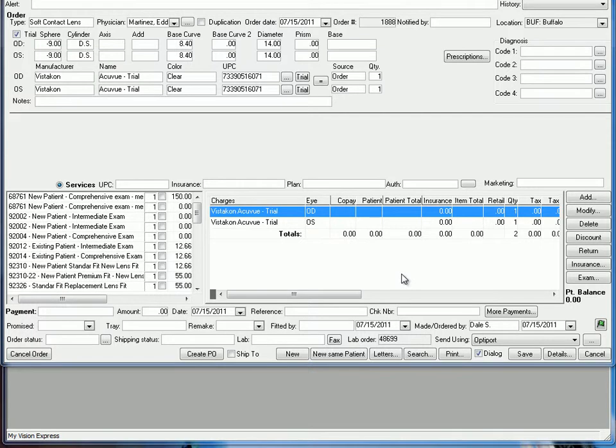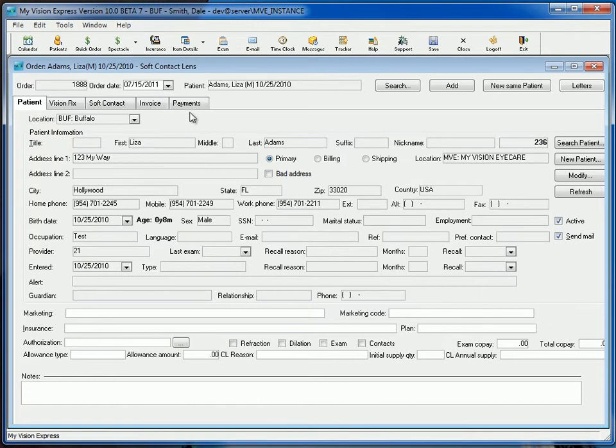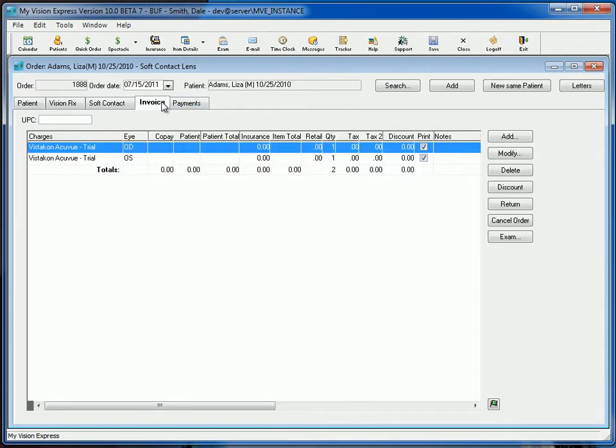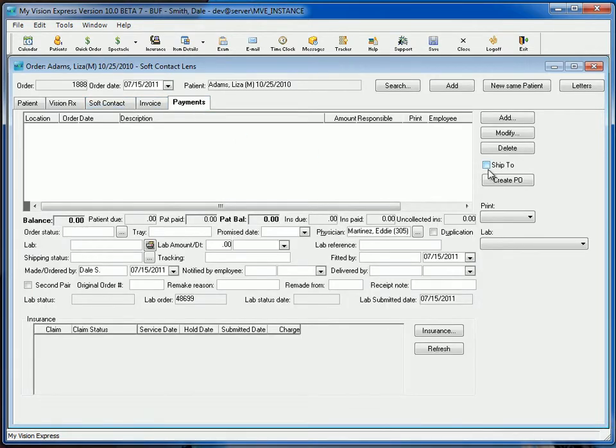Another interesting thing we can do with this, and this works in tandem with Optiport, I'm going to go to the details right here, because this is going to bring up the order details itself. Again, this is the same order, it's just in a different format now. We've already submitted this, and what we can do right now, if we choose, we can ship this, we can allow this to be shipped to a different location once Optiport has sent it. And so if I check right here,